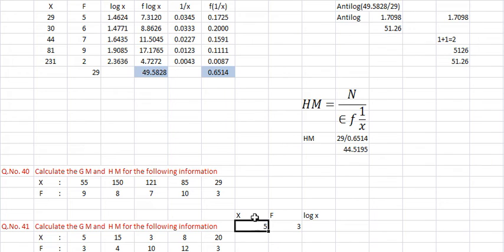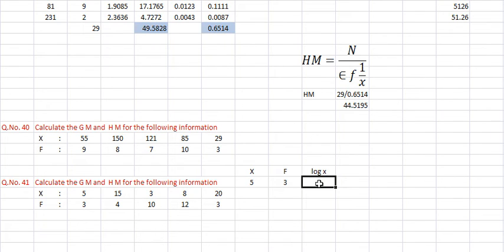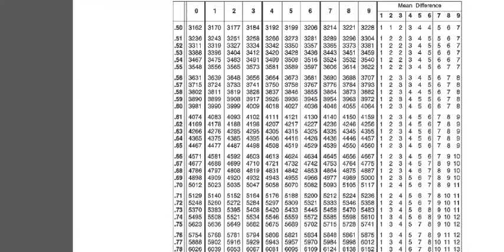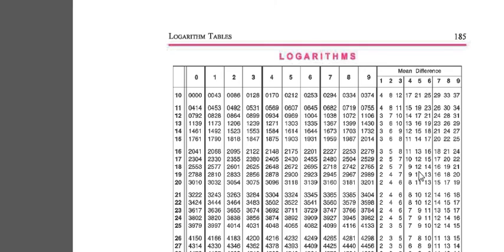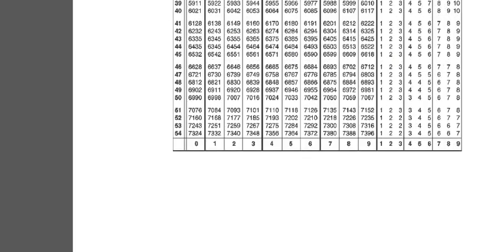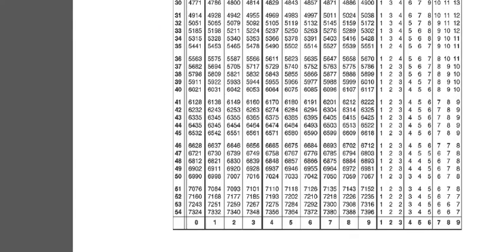What is this 5 frequency? The limit, this x 5 is there. 5 means what? 5 means 1 place minus 1, 0, 0 point. How to find this 5 log? I will show you. Now 5 number is not there here, if you see here. So 5 is not, because always the log table starts from 10 only, but we need to use the 5. So 5 means, remember, you need to add 0.